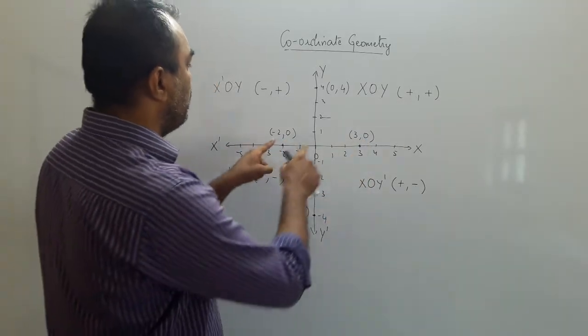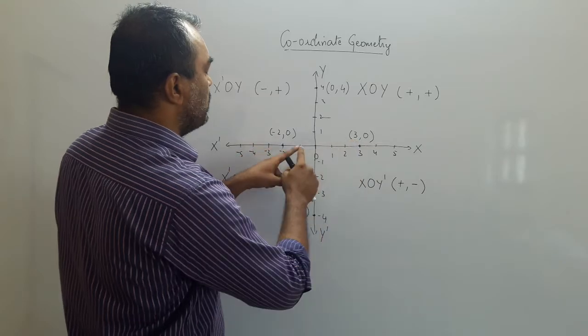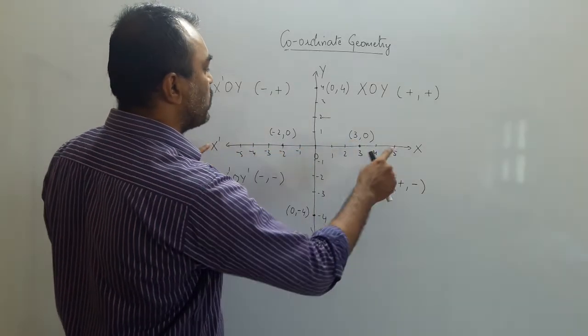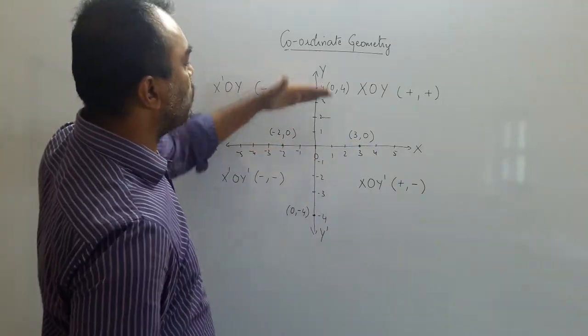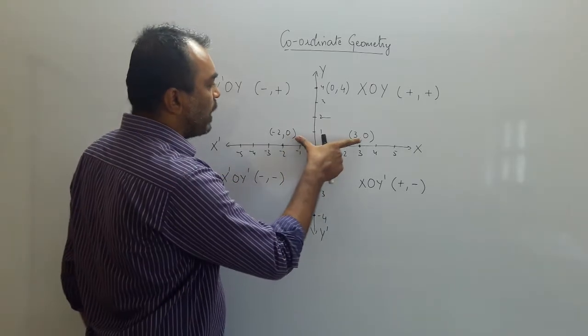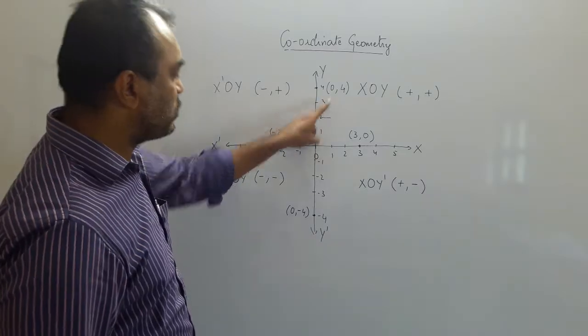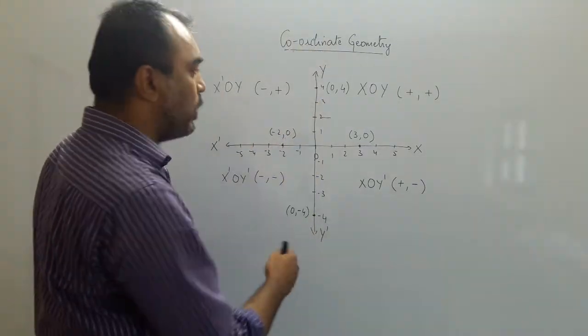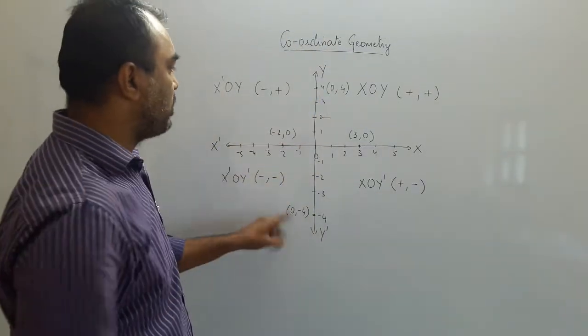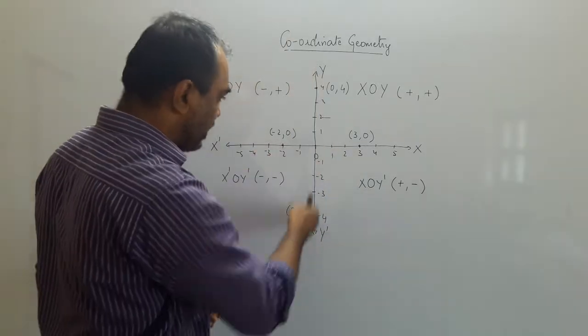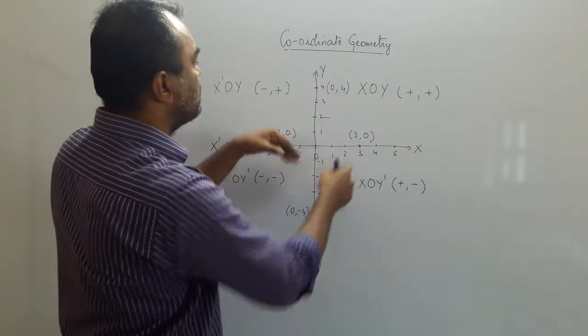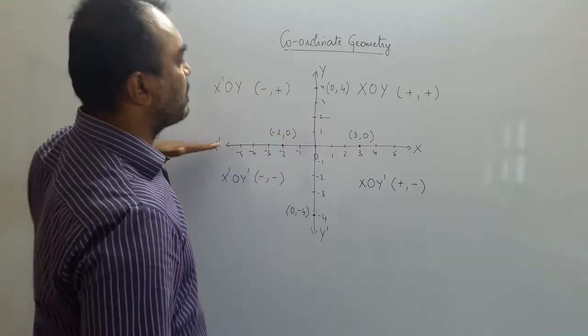So what you can see, when the y coordinate is 0, the point is on the x-axis. It means when the x coordinate is not 0, the point is somewhere on the x-axis, but the 0 means neither top neither bottom. So when the y coordinate is 0, the point is on the x-axis, and when the x coordinate is 0, the point is on the y-axis. This 0 means neither right neither left, exactly in the center, and this 0 means neither top neither bottom, exactly in the center.